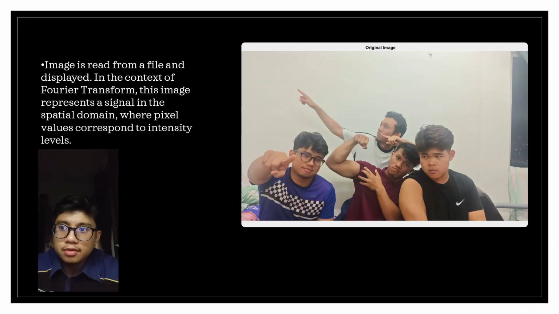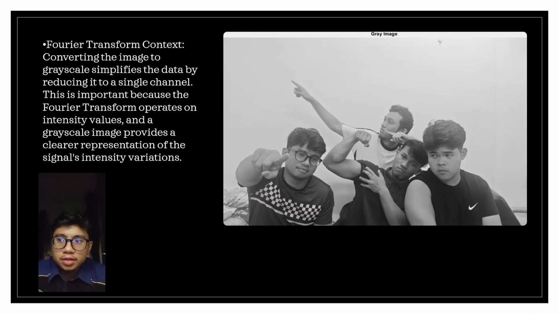Image is read from a file and displayed in the context of Fourier transform. This image represents a signal in the spatial domain where pixel values correspond to intensity levels. Converting the image to grayscale simplifies the data by reducing it to a single channel. This is important because the Fourier transform operates on intensity values, and a grayscale image provides a clearer representation of